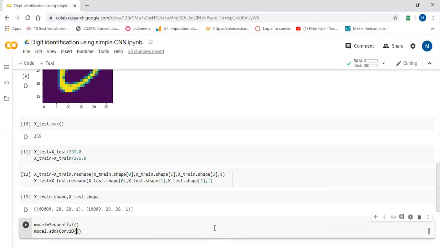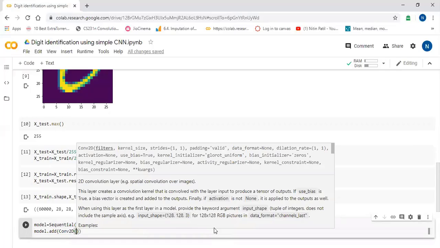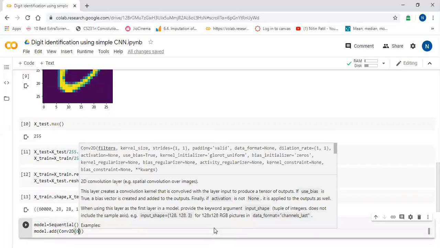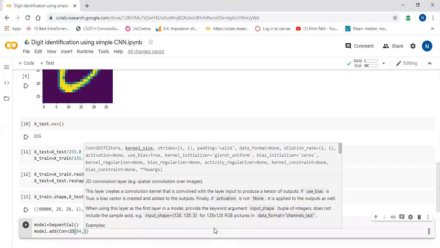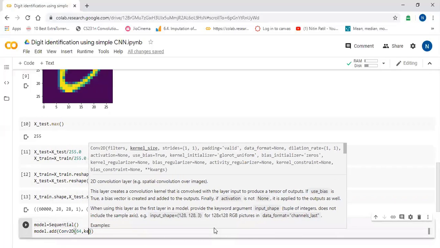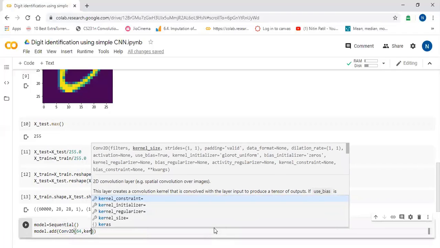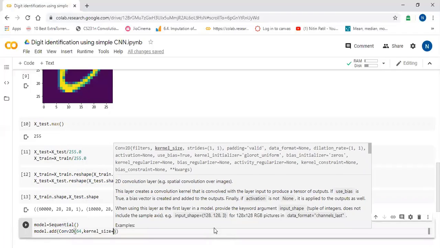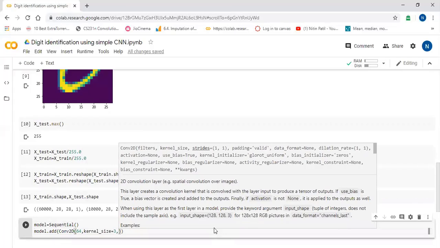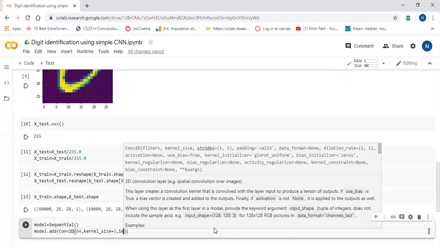I will add Convolution2D. So now we need filters. How many filters? I will say 64 filters. Okay. Now kernel size. Kernel size I will say 3 by 3 kernels. Okay. Then we need input shape.